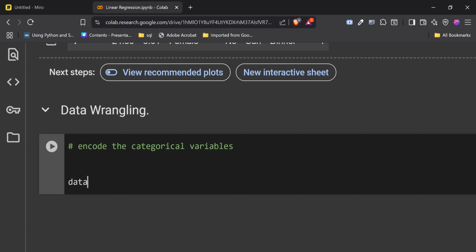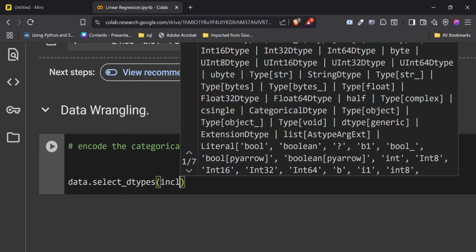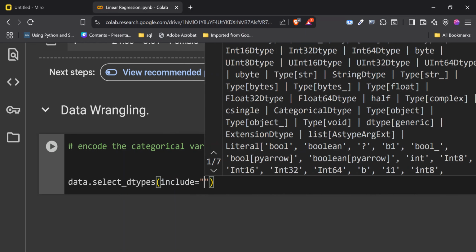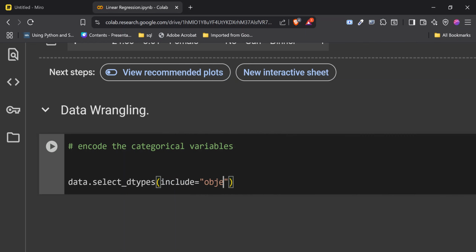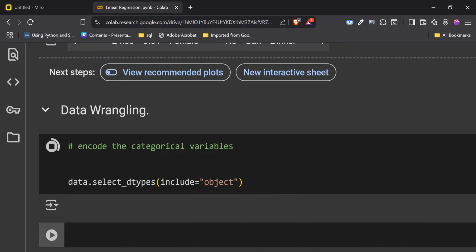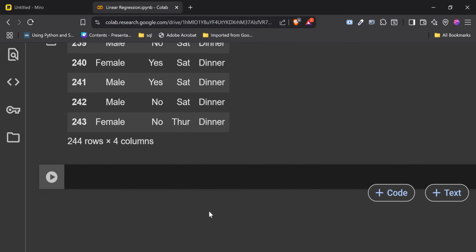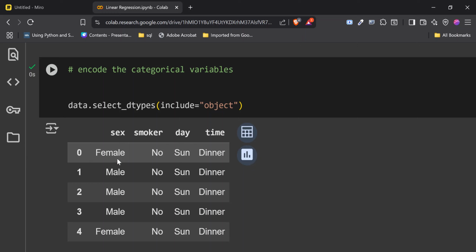We can say data.select_dtypes, and we are going to say include. We only want it to select things of type object. If I run this, it's going to return columns of type object. Can you see? These are the only columns that are of type object: sex, smoker, day, time.